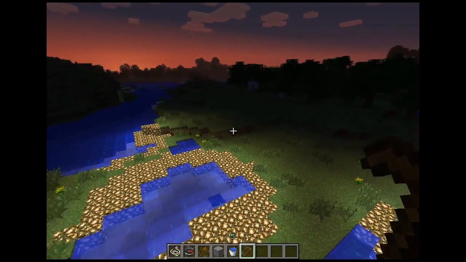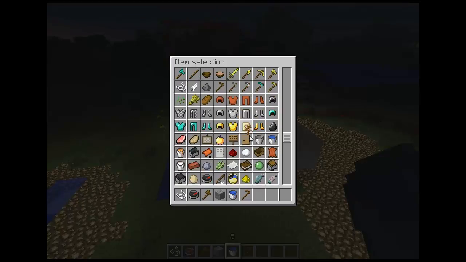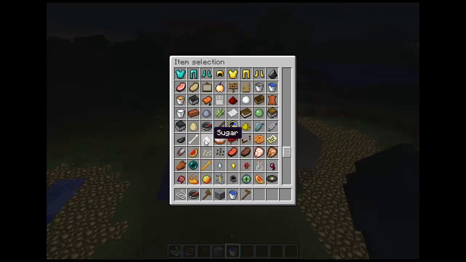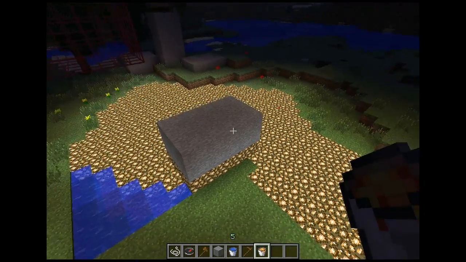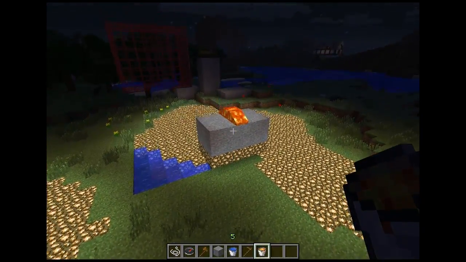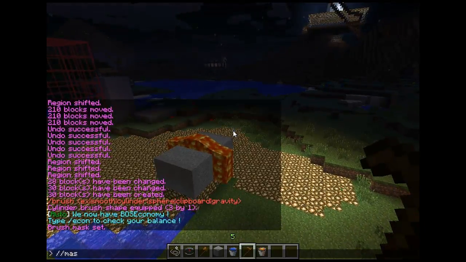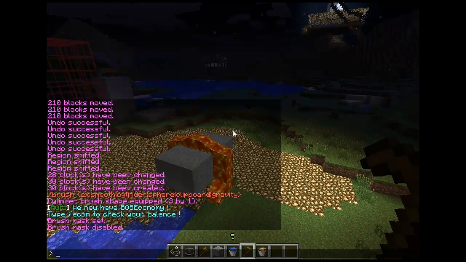And this is a very helpful tool because let's say we spill lava here. Well, we grief lava here. We can do, oh yeah, just do mask to disable it. We can do,